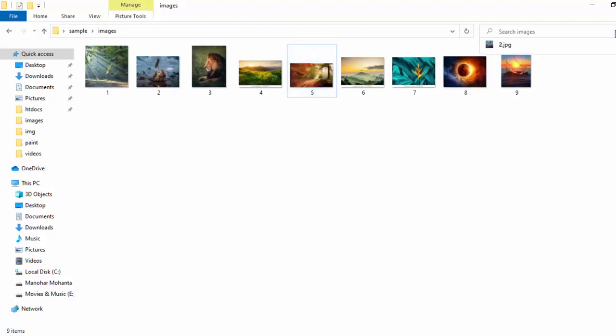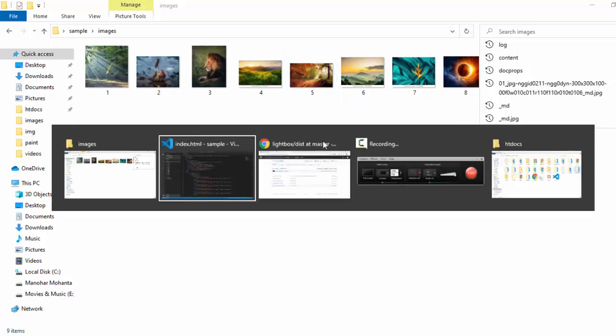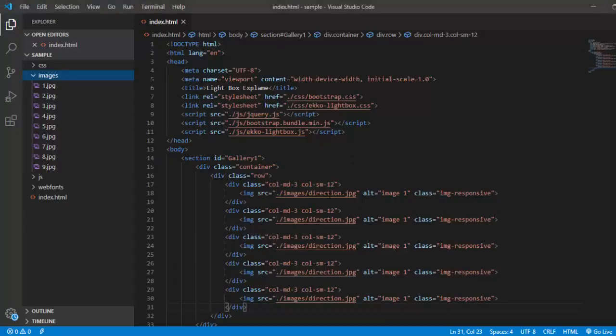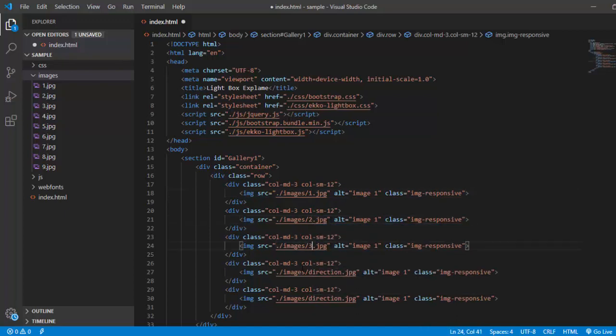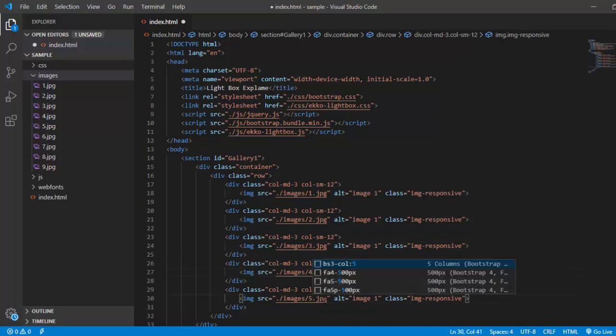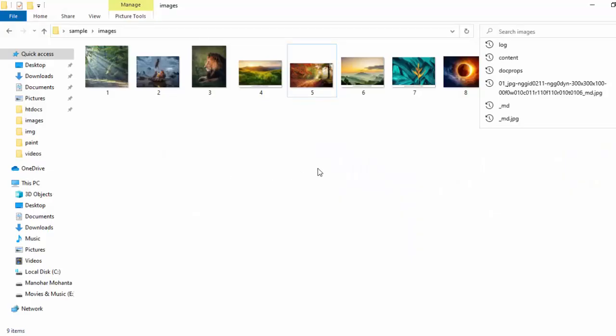Done. Here we go with all the images. We have renamed them successfully. Let us give 1, 2, 3, 4, 5. How many images do we have? Totally we have 8 images till now.